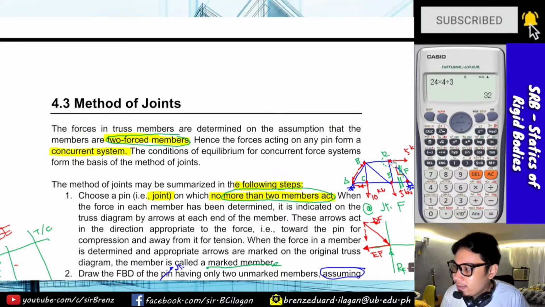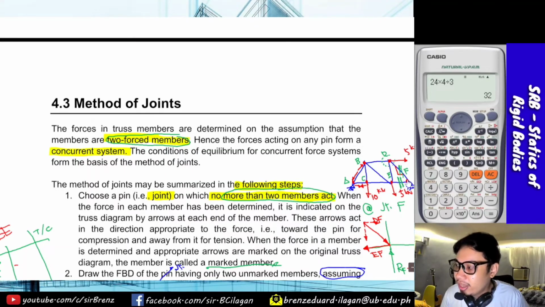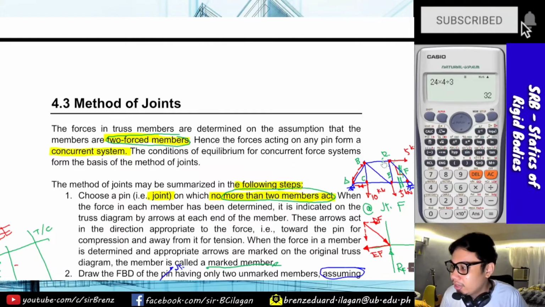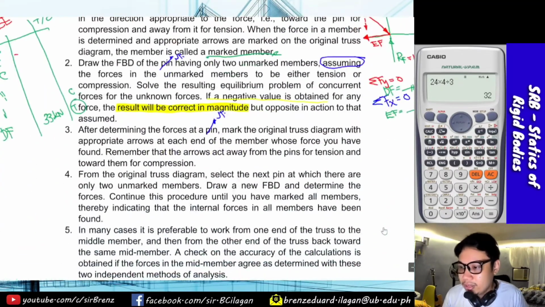So, di ba hindi ka naman pwede mag-start sa D kasi 3 yung member na unknown dyan. So, dapat nga ulit is 2 lang. So, kaya ka nagsimula sa joint F. So, since meron ka ng value ng DF, dyan ka pa lang pwede mag-joint D kasi 2 na lang yung unknown, yung BD and yung DE, since yung DF is nakuha na natin when we take joint F. Okay? So, yun lang naman yung sinasabi ni